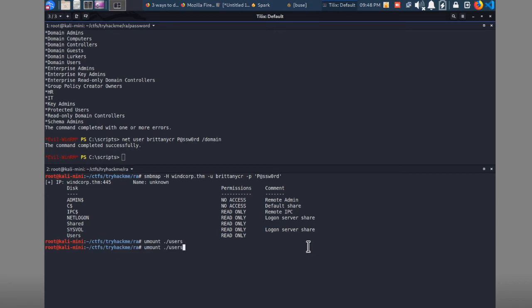Okay, and now we're going to mount it as Brittany, and that should give us access to that directory then. So mount -o options equals username equals Brittany CR. We're going to do //wincorp.thm. Again, we're going for users, and we'll put that in our users directory. So for Brittany's password,